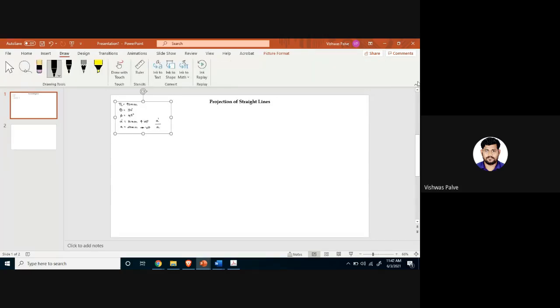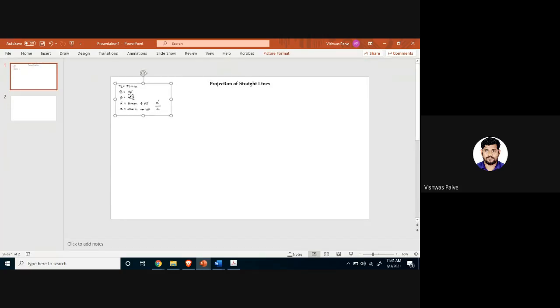So let us see how to draw this. Please take care, this is the first problem of projection of straight line which we are actually drawing. Here I am going to explain the concept. A few concepts I am going to explain. Even if you don't understand how to draw it, just listen carefully, because at the end of this numerical, I'm going to explain each and every term.